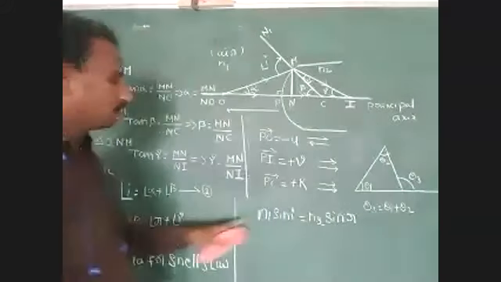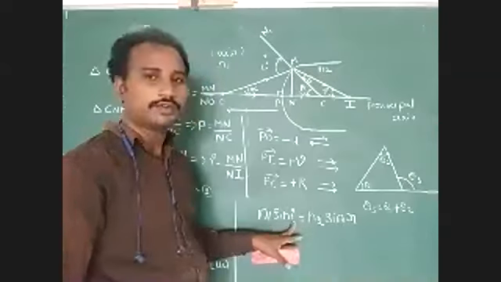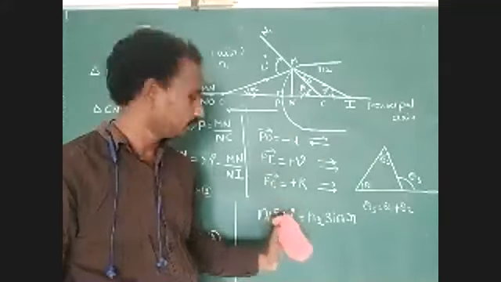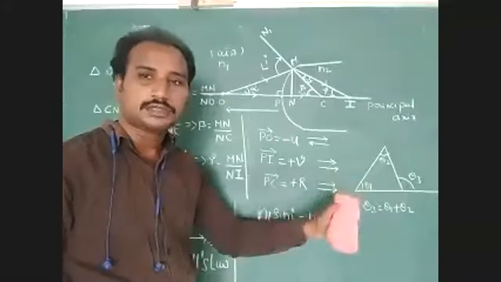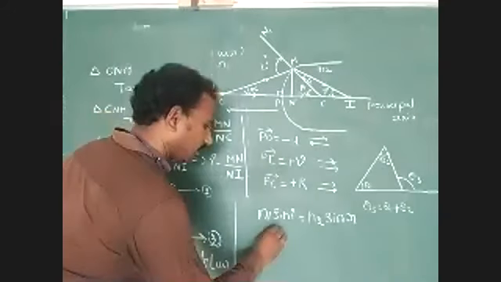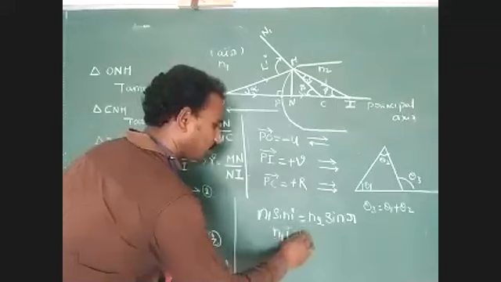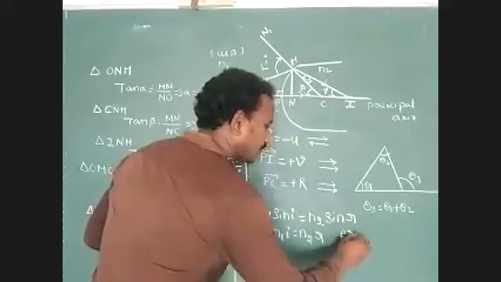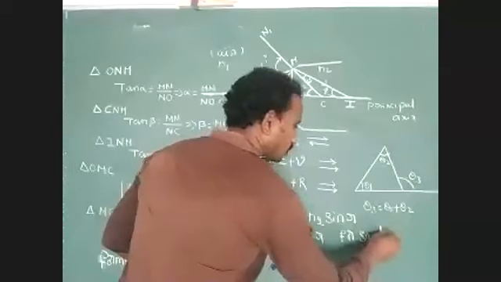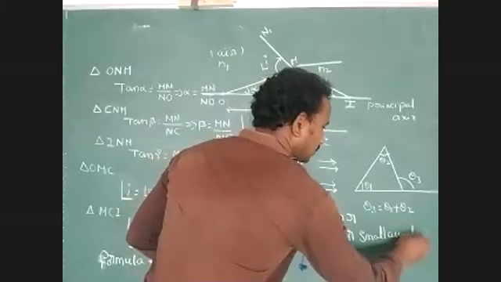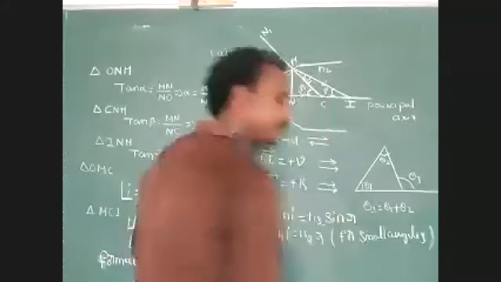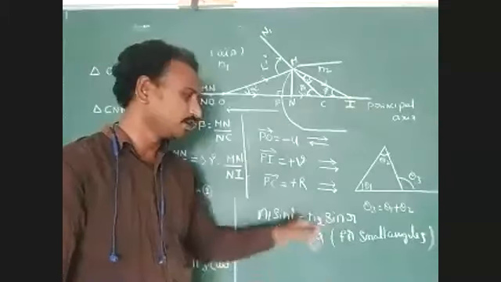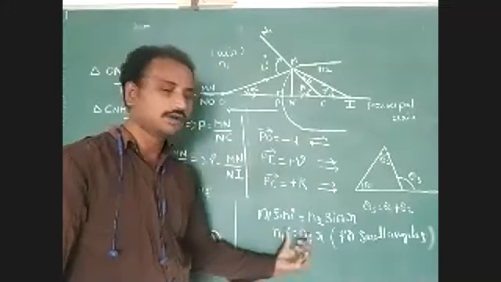Now we consider that the angle of incidence and angle of refraction are small angles. For the sine function, sin I is approximately equal to I. So we write n1 I equal to n2 R. For small angles, this condition is applicable. Understood? So n1 sin I equal to n2 sin R, then we identify n1 I equal to n2 R.